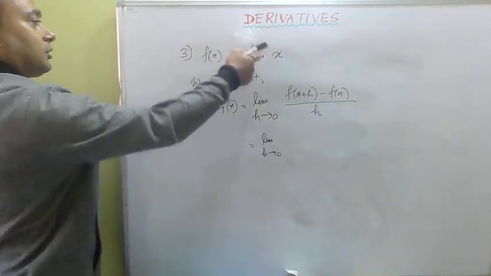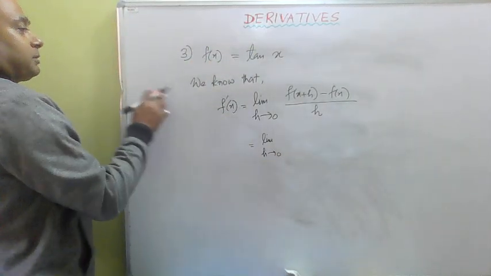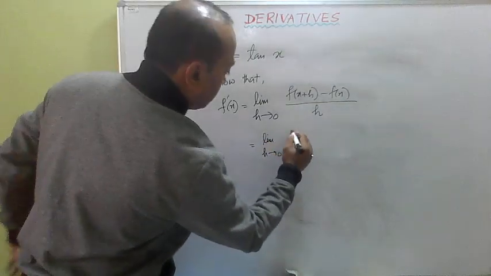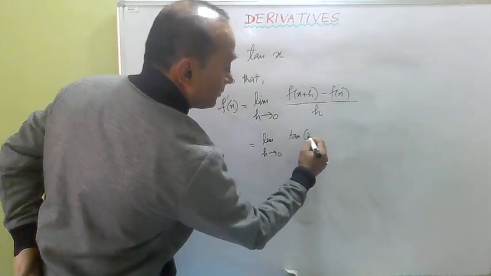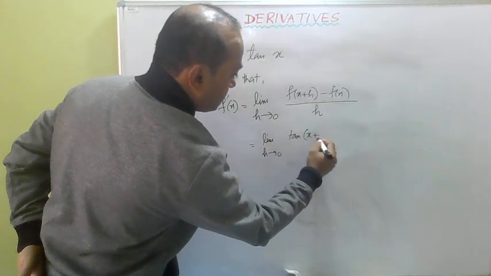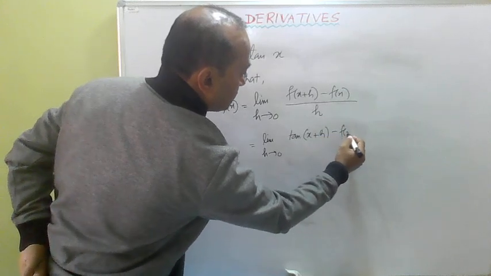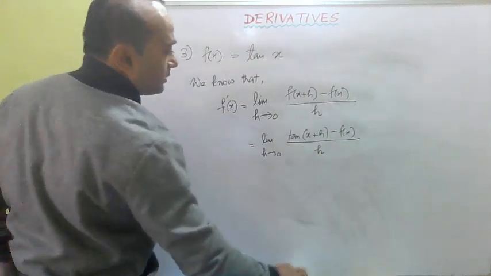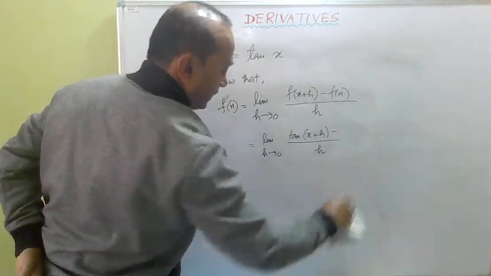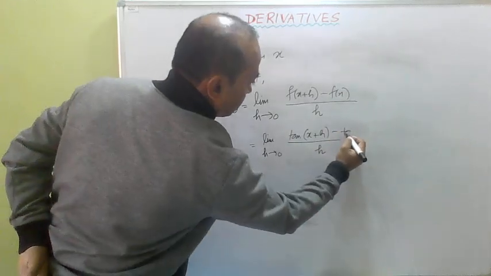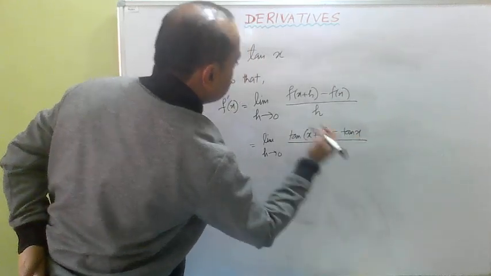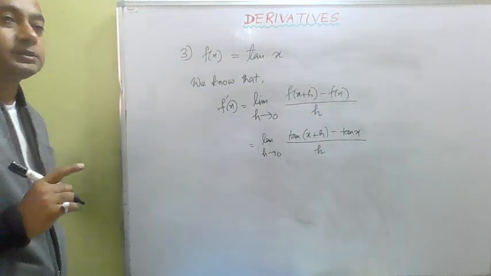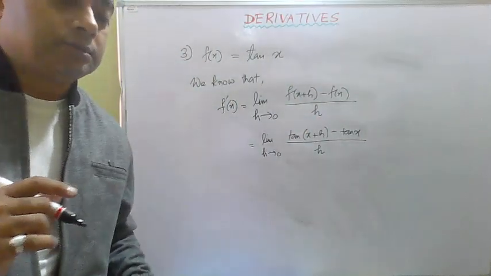If f(x) equal to tan x, f of (x plus h) will be equal to tan of (x plus h) minus f(x) upon h. In fact, in place of f(x), I should write down tan x, because it is f(x) equal to tan x. Okay. Now